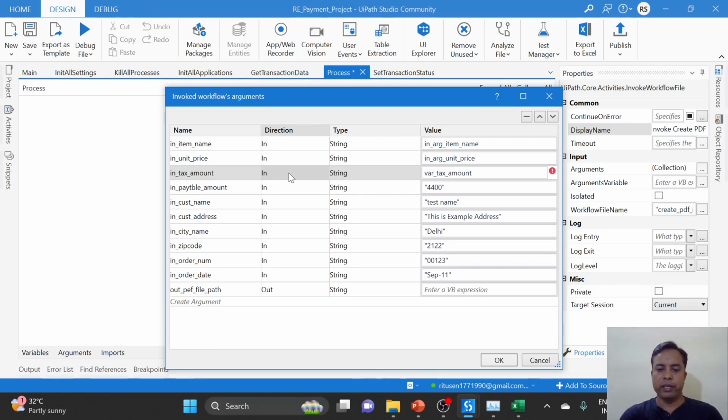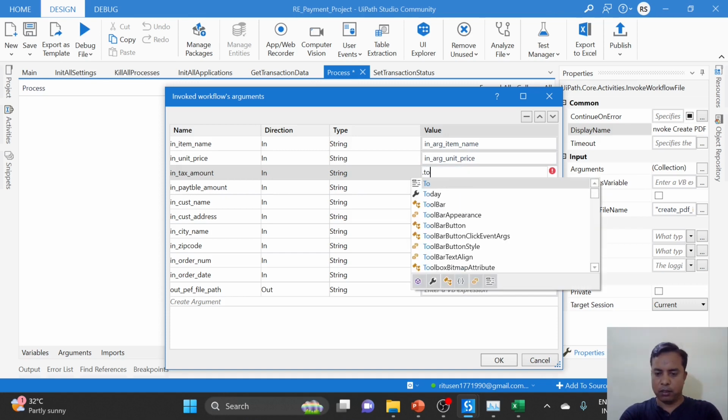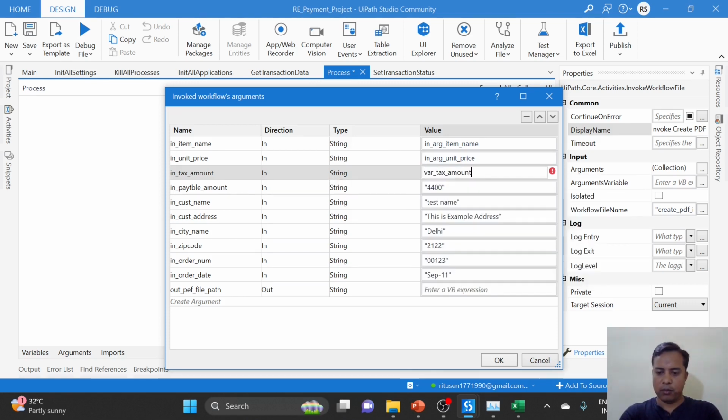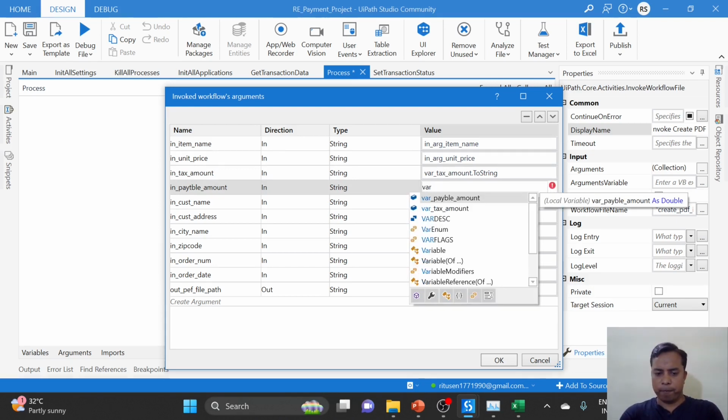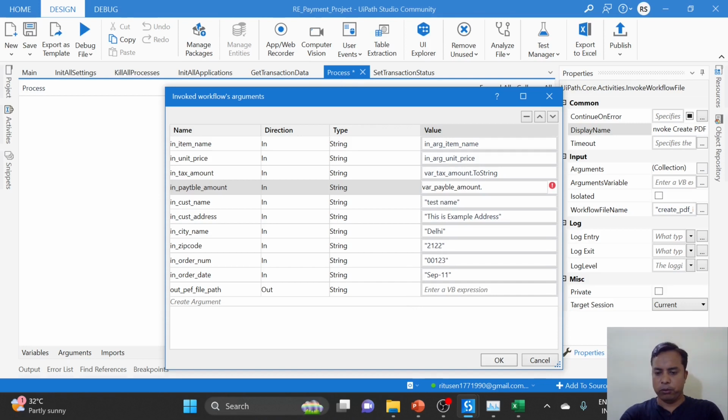or we don't have to do any calculation. If you want to change the type back to string, tax amount dot to string, we will see when we run, if we have to do some changes. Payable amount dot to string,